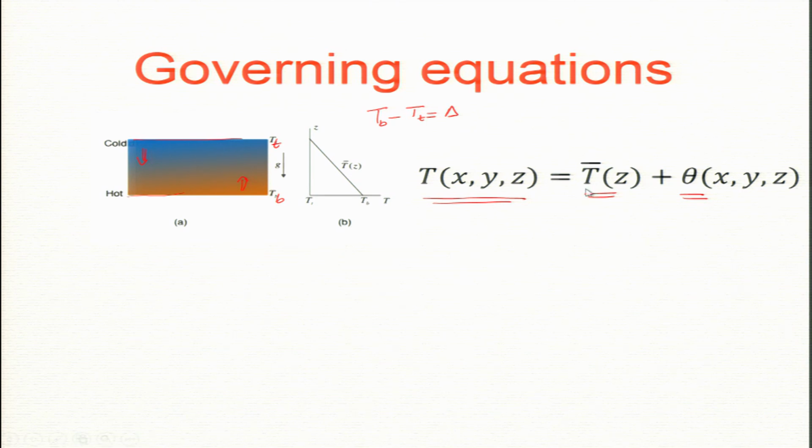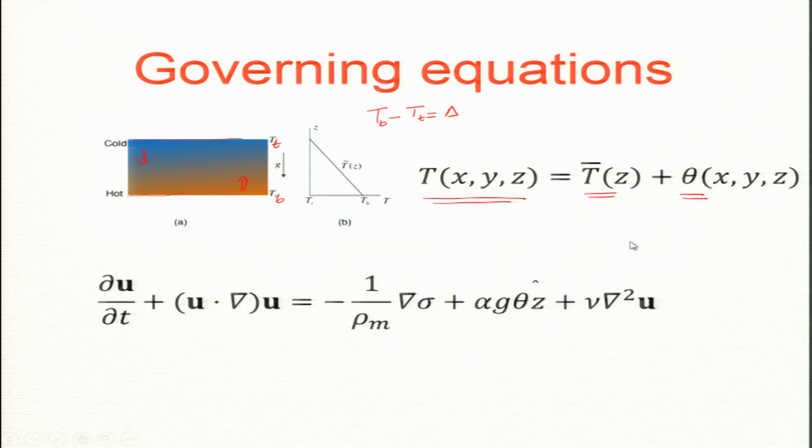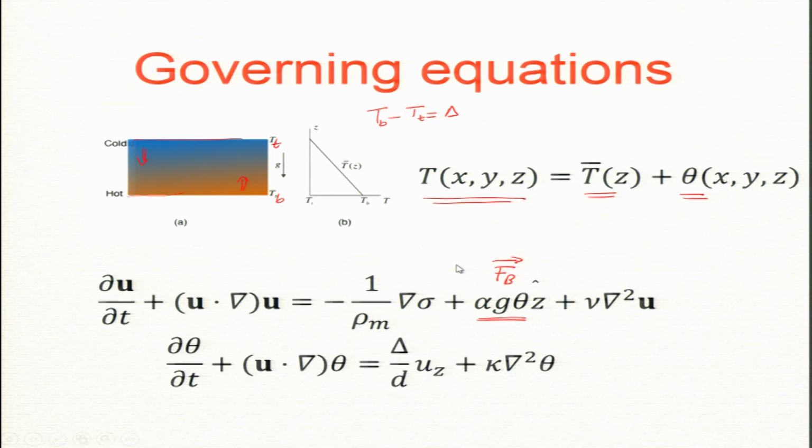The equation will be very similar to what we wrote for density. This is the buoyancy F_b, force by buoyancy, alpha g theta. Alpha is the thermal expansion coefficient, and the theta equation is this. Now, if I do the linearization, what will I get? Some of it we have already done, no? Linear stability, it is a growing solution. So, the sign will come as a plus sign.